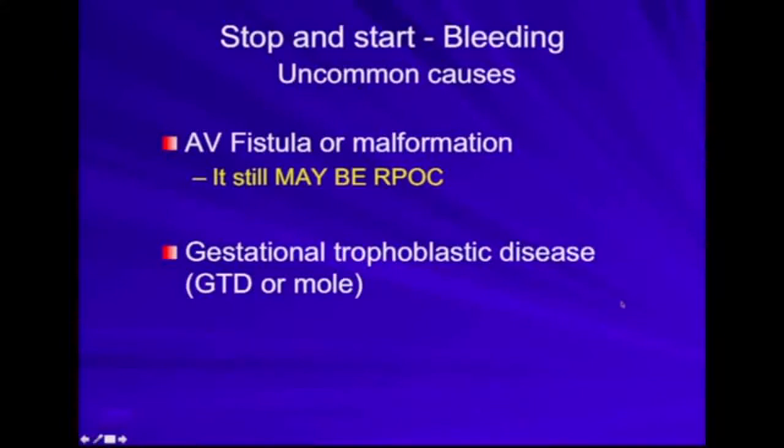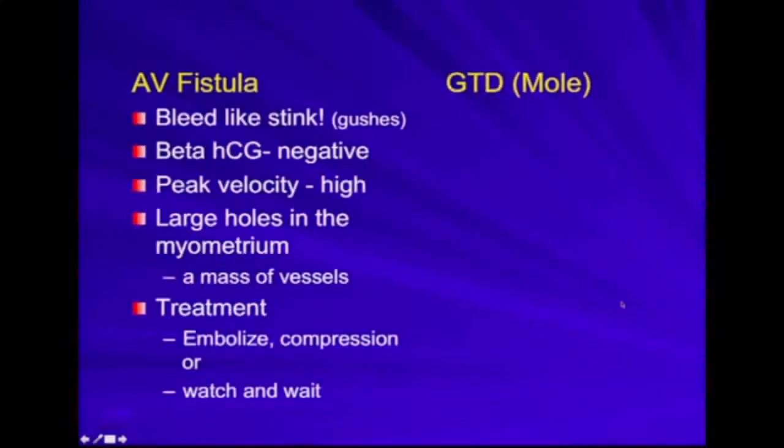Gestational trophoblastic disease, what is the difference? With an AV fistula, people will bleed like stink. You're gushing blood. The beta may well be negative. High velocity flow, large holes in the myometrium, and treatment: you may have to do compression with an intrauterine catheter. You may want to embolize, or you then may want to wait, and some of these people may actually require